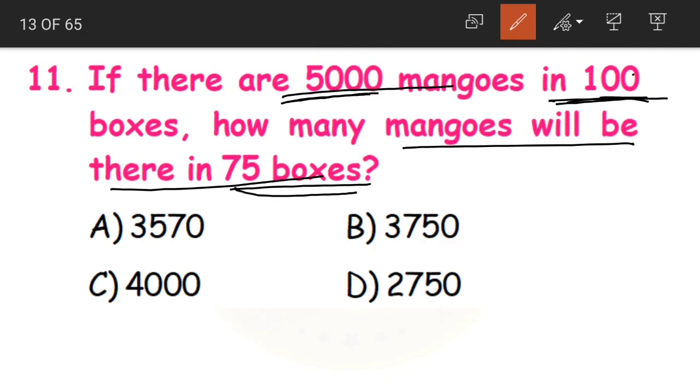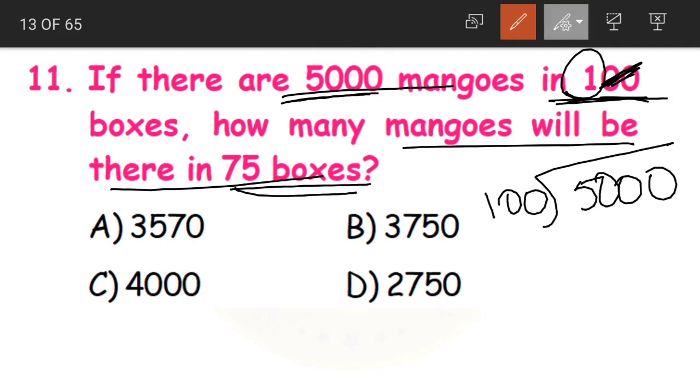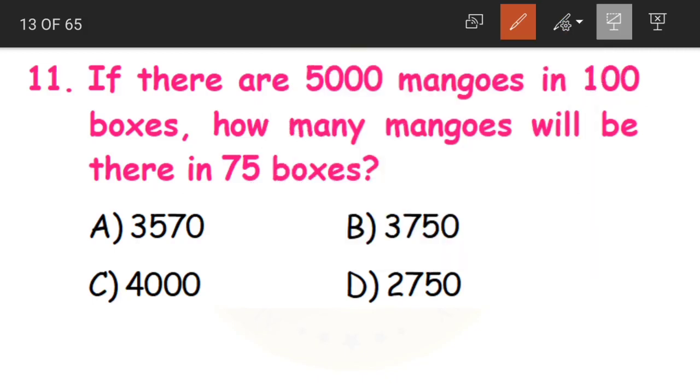For that, what should we do first? First we should find out the number of mangoes in one box. How will you find out that? 5,000 divided by 100. Yes or no, children? Yes. So if you remember